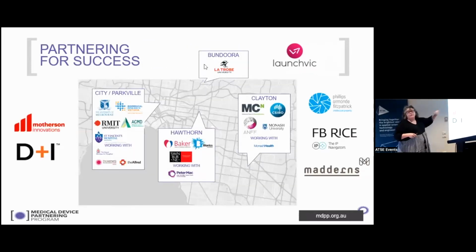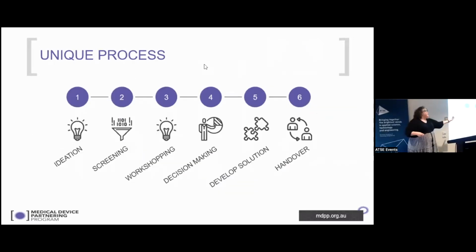With the support of Launch Vic, to the tune of around $2 million, we built up a partnership across all the universities, except Deakin. We brought together CSIRO, many of the research institutes, and then the patent people as well, and different manufacturing and design houses as well. And we take everything through this process where anybody